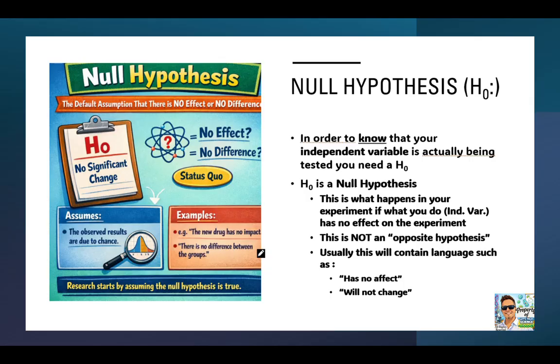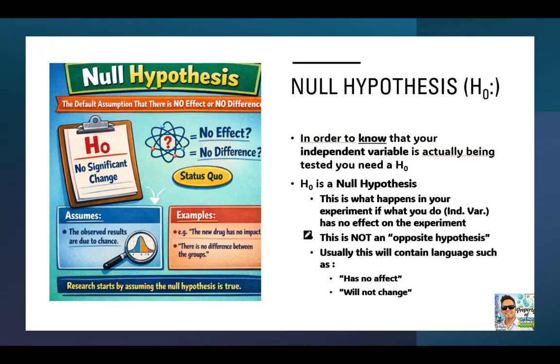It might be a situation where if you take the medication, you alleviate the symptom of pain. You don't feel any pain, you feel better, right? Your null hypothesis would be you take the medication and you still feel the pain, or nothing has changed from the start of the experiment. And so the big trick when we're dealing with the null hypothesis is you have to kind of ask yourself, what would occur in the experiment if what I was actually doing didn't actually change anything and the data was